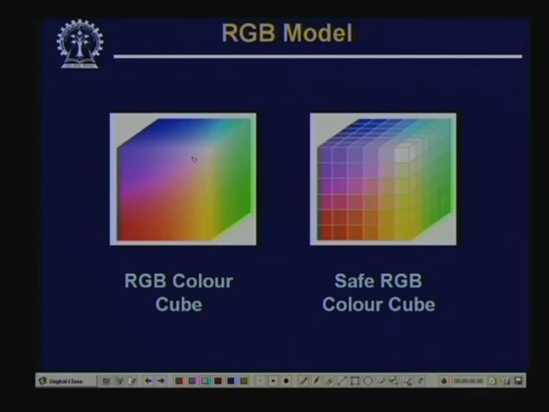In this color cube, we have said that the point 1 0 0 represents red, and along the horizontal axis the color varies from red to yellow. Similarly, this is the point 1 1 1. So, this point represents white color, and in this particular case all these